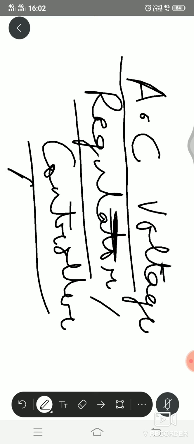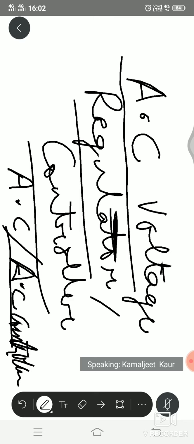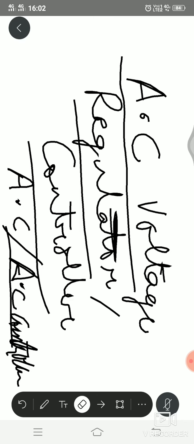So this one is similar to your cycloconverter. This is also known as AC converter, because here input is AC voltage and output is also AC voltage, but the difference is there. Here the frequency is not changed. Frequency of the output voltage is not being changed. This is the difference if you correlate with cycloconverter. So now let us discuss the first topic of this chapter.